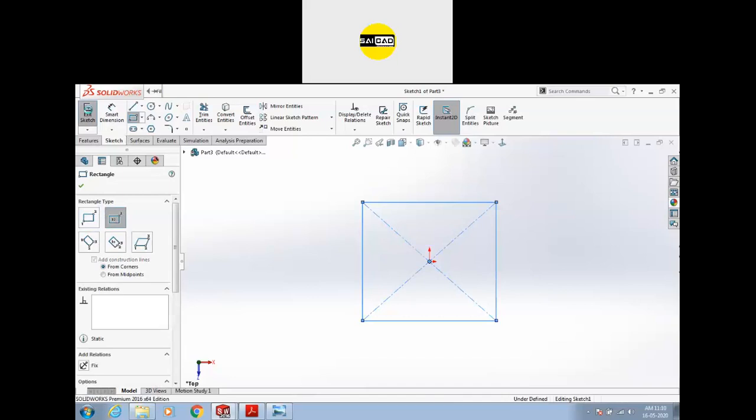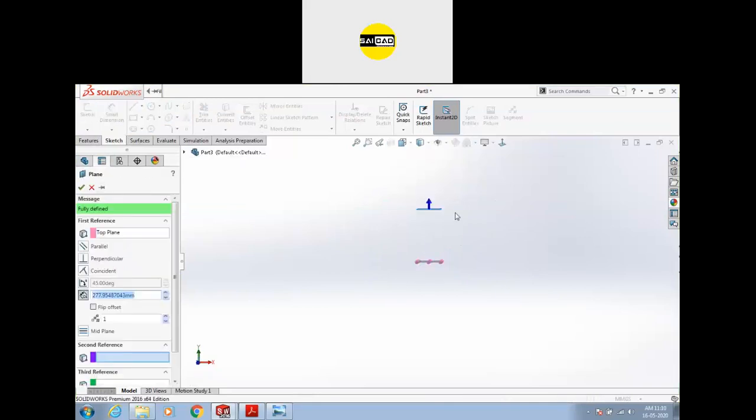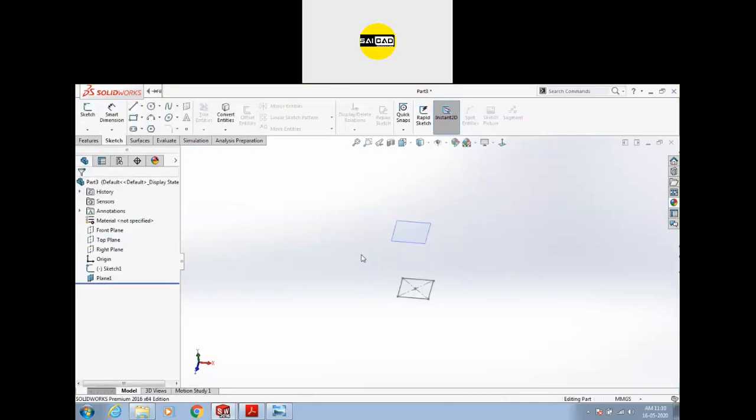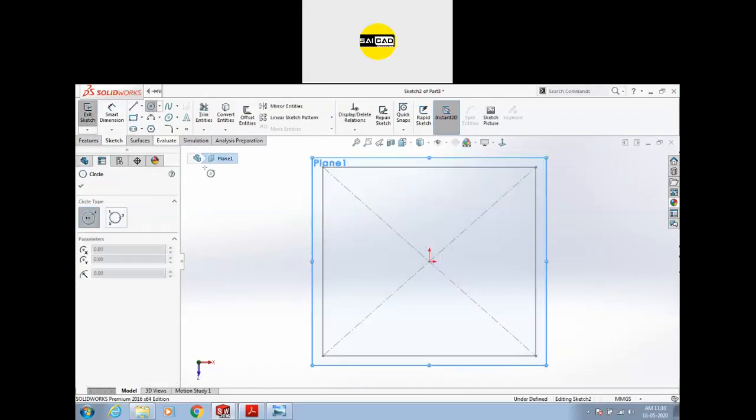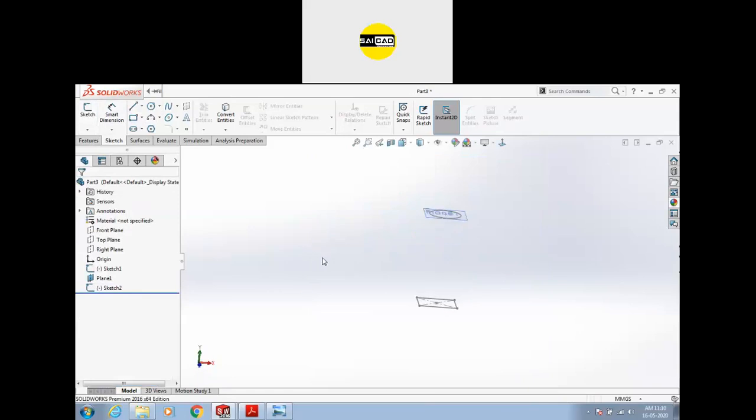I need a rectangular shape, and at an offset, and we need to create a plane, and on that plane I need a circular shape. Okay, so I need to create an object that is rectangular at this point and circular at this point.